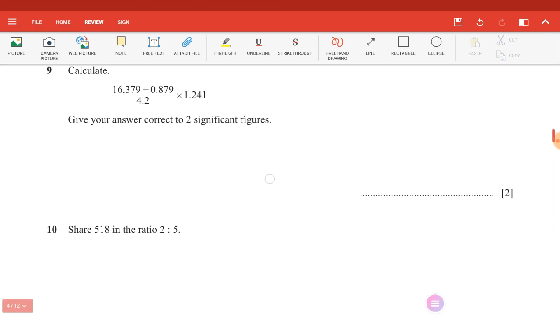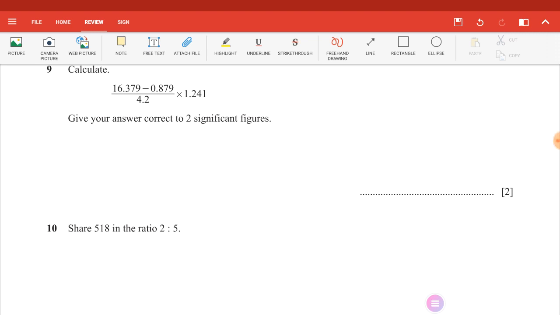Calculate. You can use your calculator by doing the calculation first. We have 2 marks for this question. 16.379 minus 0.879 over 4.2 multiplied by 1.241. The answer will be